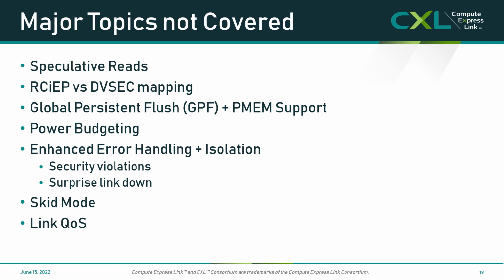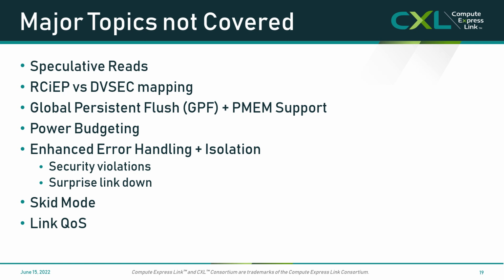It's a much bigger, much broader specification. And the scale up has brought with it a lot of features, and we didn't manage to go through all of them. Just a few of the major ones that we haven't gone through: speculative reads for lowering latency for eventual reads in the future. The way memory is mapped or functionalities are mapped, which in CXL 1.1 is as integrated root point, integrated endpoint, and in CXL 2.0 it's vendor specific, much more dynamically, like it was in PCI